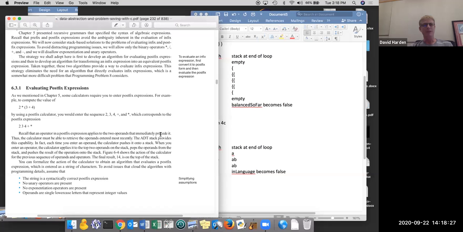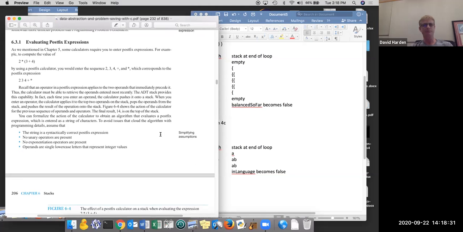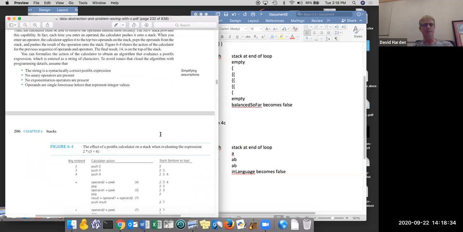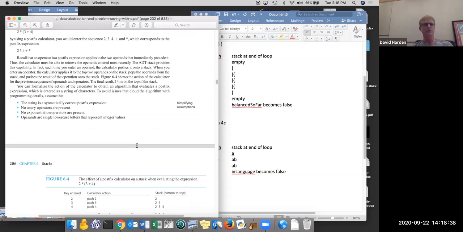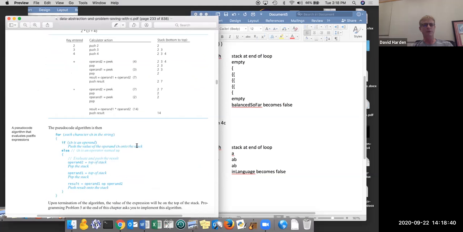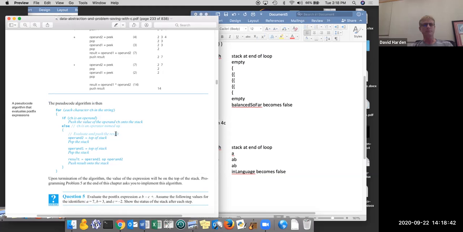So let's first talk about how to evaluate a postfix expression. Basically, here's the pseudocode. For each character in the string, if it's an operand, push the value of the operand onto the stack. If it's an operator,